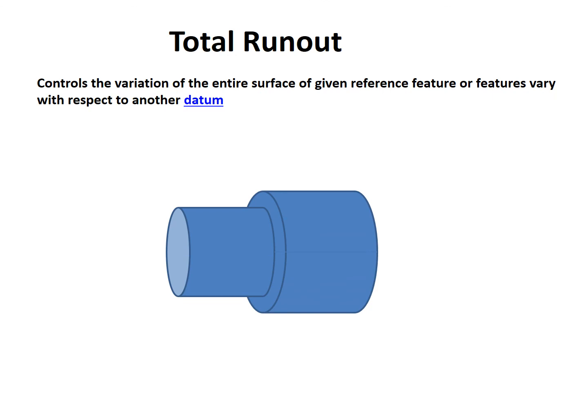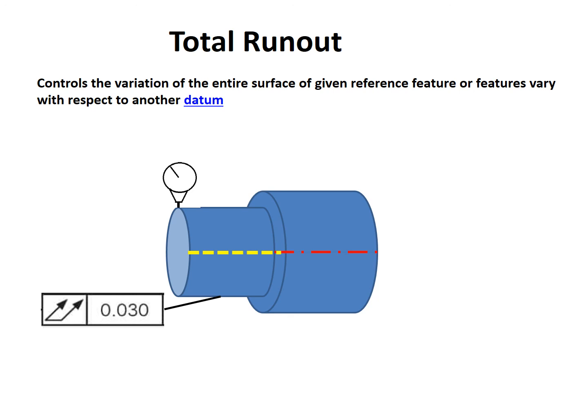Now we can see what is total runout. For that we can consider a component which is having 2 diameters, and the first diameter we can call dia A, the second diameter we can call diameter B, and total runout is given as 0.03. Now we have to rotate the component with respect to dia A, and measure the deflection in axis B, using a dial gauge. If the deflection is less than 0.03, the component is okay. If the deflection is more than 0.03, the component is not okay, or total runout is not okay.